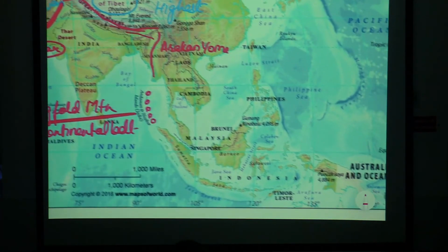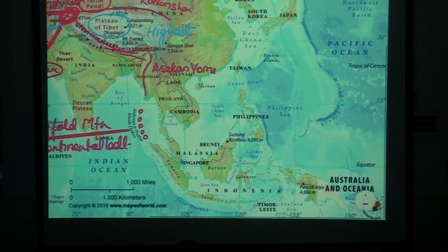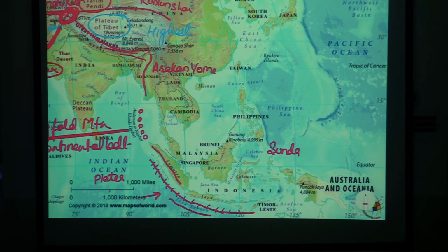If I have to zoom in this part to make you understand the demarcated region, so notice Java Trench, because here it is converging destructive boundary. This is Indian Ocean plate that converges with Sunda plate, and the complete subduction is the region where we have got one of the lengthiest linear trenches of the world, Java Trench. And that is the reason all the mountains, Barisan mountain it is called in Sumatra, are which type of mountain? Young fold mountain.